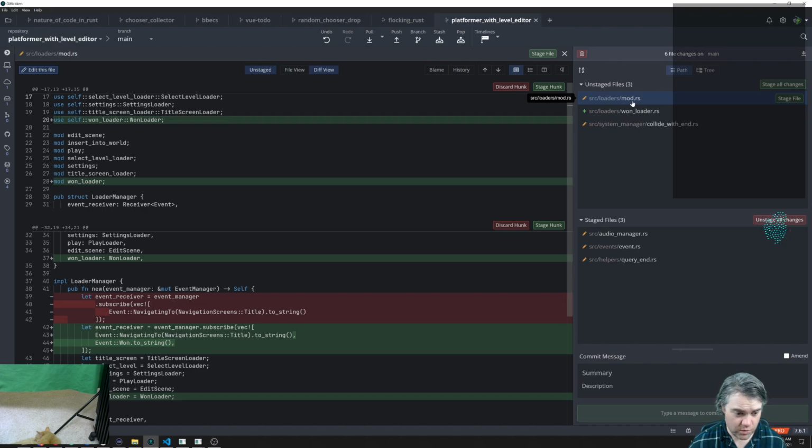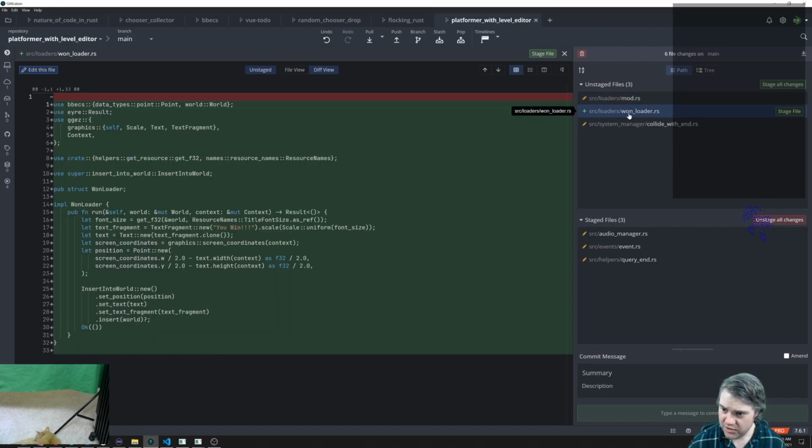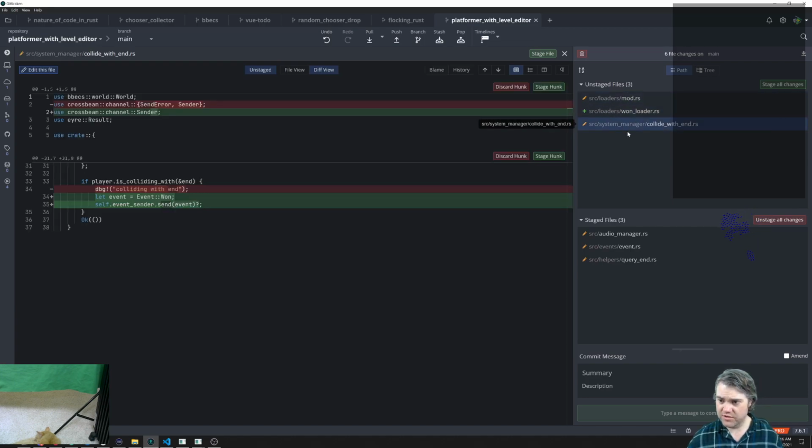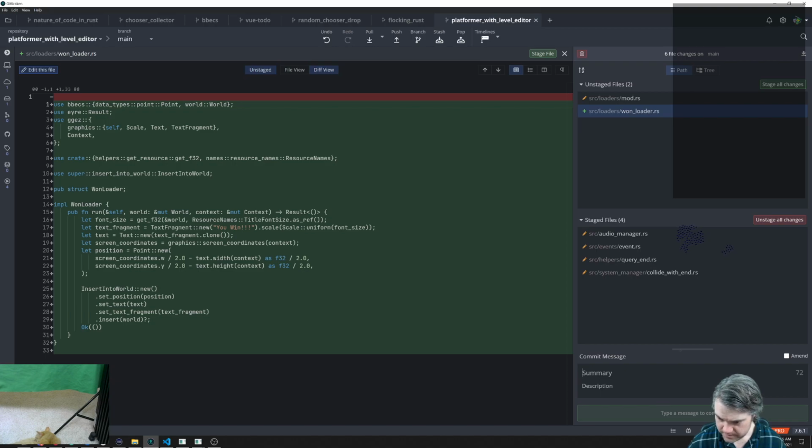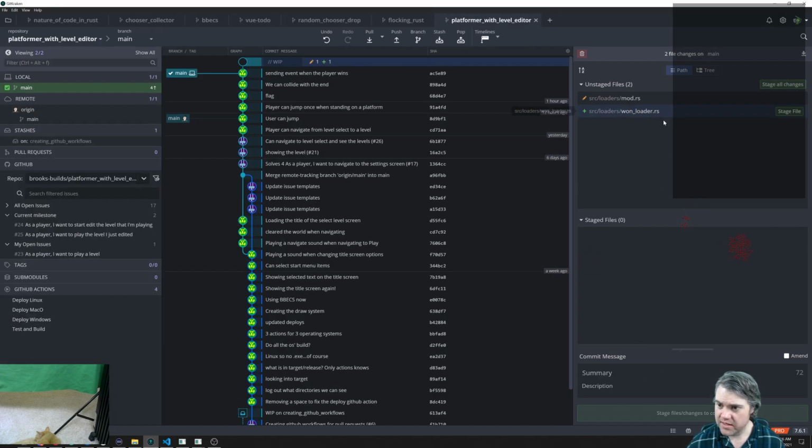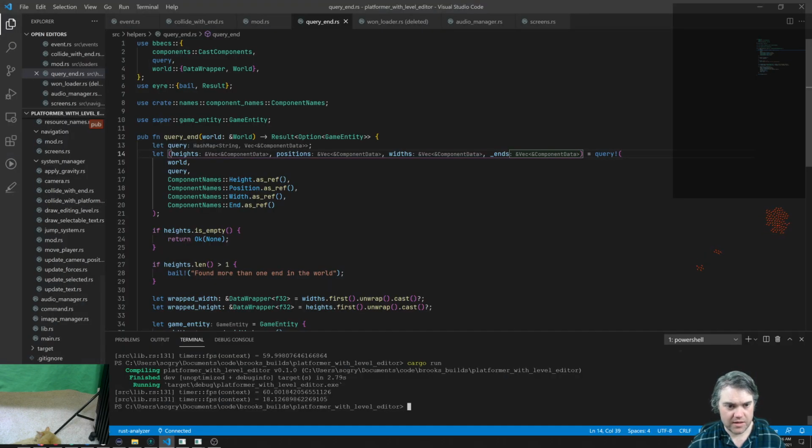Loaders, so this one loader though, I don't think that we need to do this here. And loaders, one loader, I don't think we need to do those. System manager, collide with end, I think we do need to do that. So we're going to be sending events when the player wins. And I'm going to undo these. So that way,